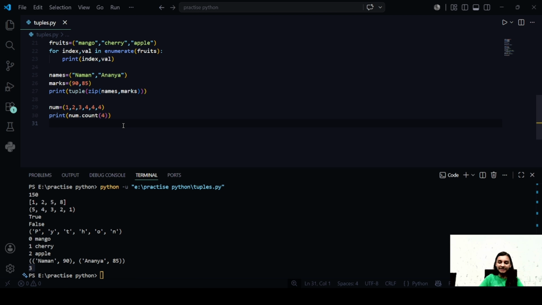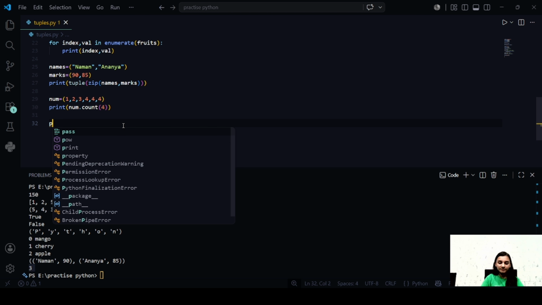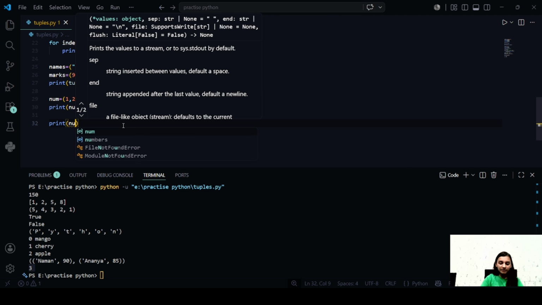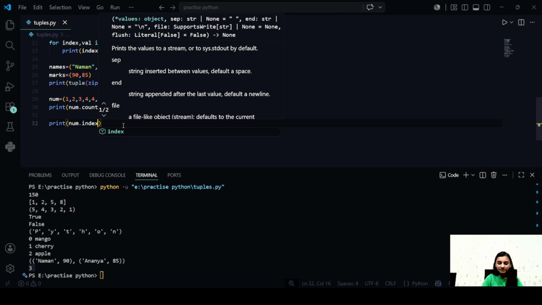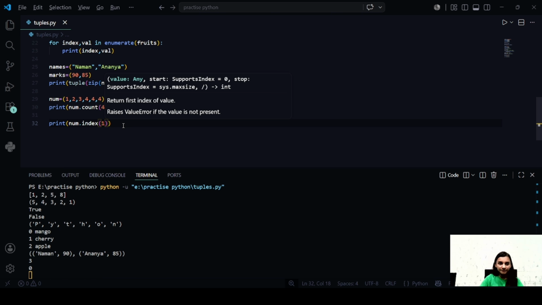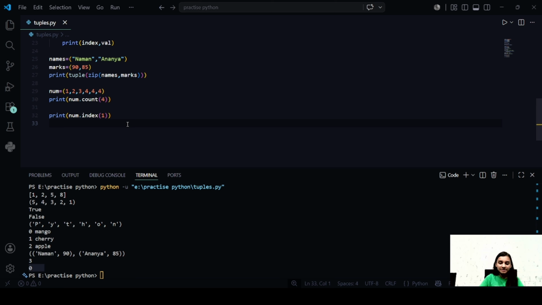Next we have index. Index is used to find the first occurrence. Let us try to print num dot index of, let us say 1. So we get 0 because element 1 is at index number 0. Similarly, you can try for element -1.